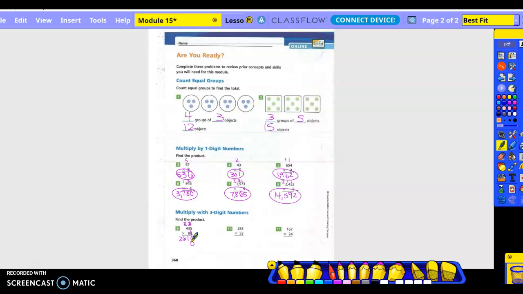Okay, 8 times 5 is 40, put the 0, carry the 4. 8 times 3 is 24, plus 4 is 28, put the 8, carry the 2. 8 times 4 is 32, plus 2 is 34, and add. So 0, 1, 14, carry the 1, 7, 3. So my answer is